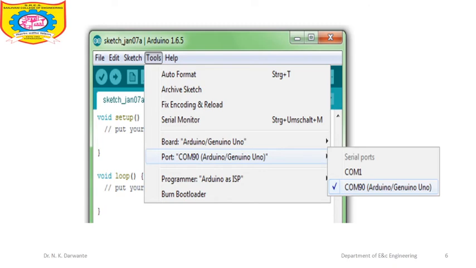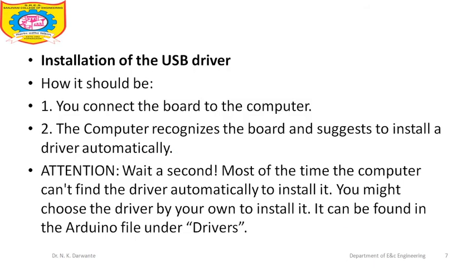If you see the port is successfully installed, then there is no problem. But if a yellow question mark is there, then you need to select that particular port and install the drivers manually. For proper communication, driver installation is important.